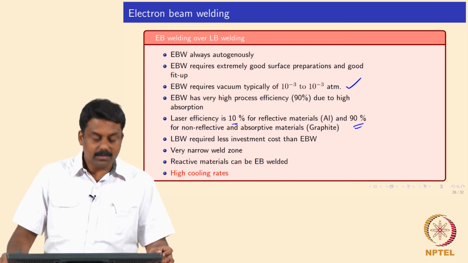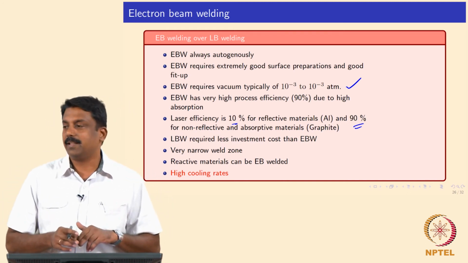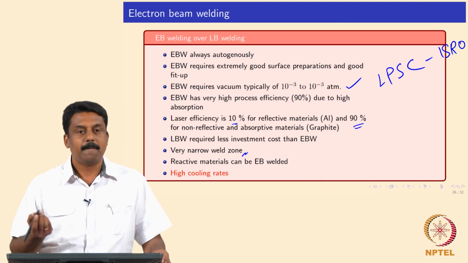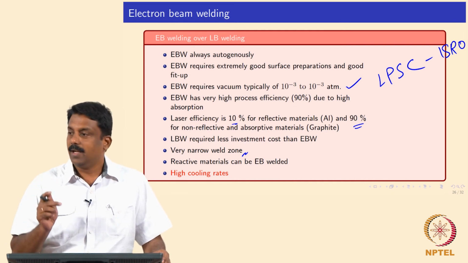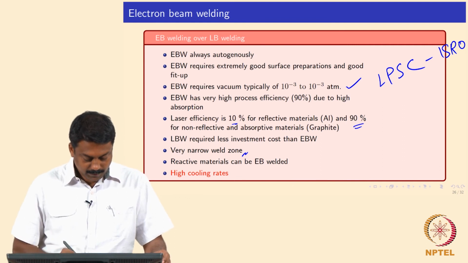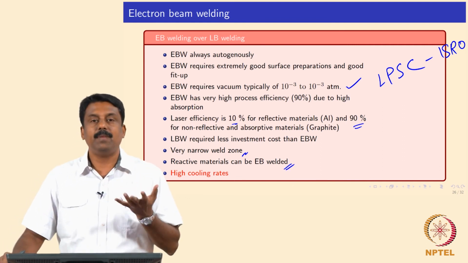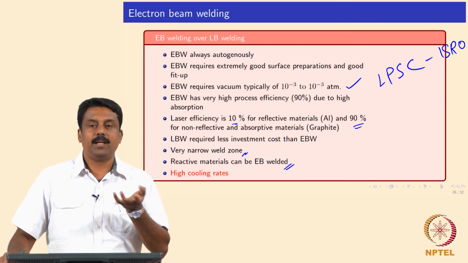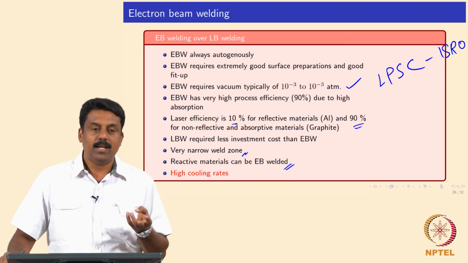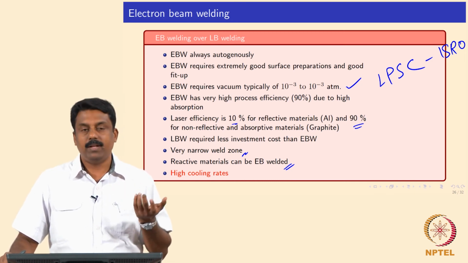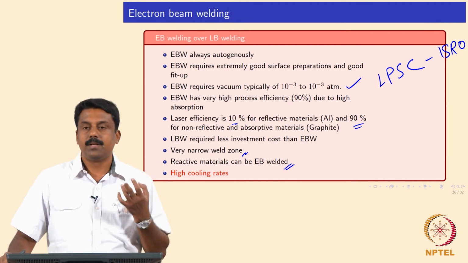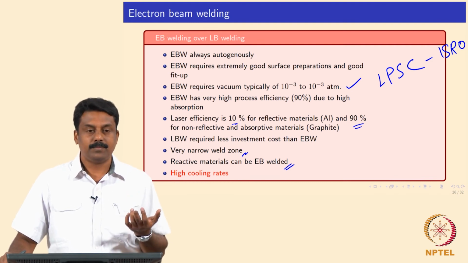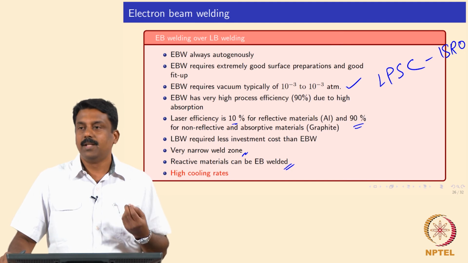Okay. One of the disadvantages of electron beam welding is that the setup is extremely expensive. The other problem is the very narrow weld zone, because obviously the power source is very narrow. The advantage of electron beam welding is that very reactive materials can be welded because the welding time is much lower. For example, Ti-6Al-4V titanium oxidizes very quickly, and if you are using laser beam welding or GMAW, you need to have proper shielding, or you need to do it in a glove box. The welding has to be done in a controlled atmosphere, otherwise it is going to oxidize and you will get only powder.